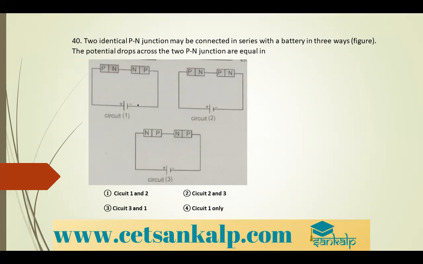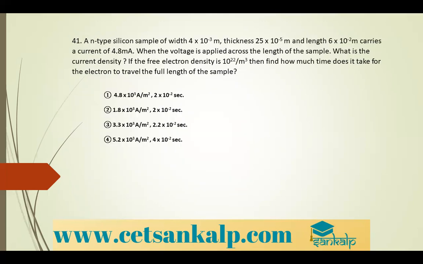The potential drop across the two PN junctions are equal in case 2 and case 3, but in case 1 it's not possible. So circuit 2 and 3 is the right answer. Clear? Next,